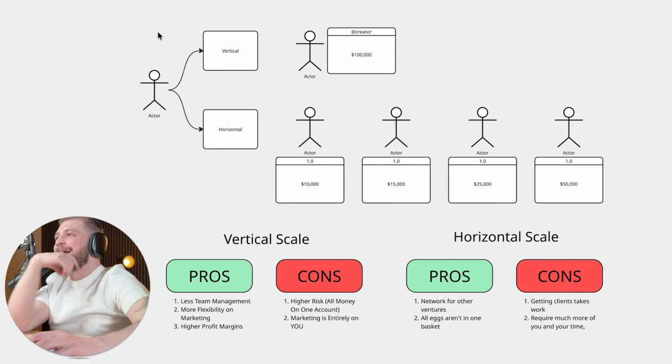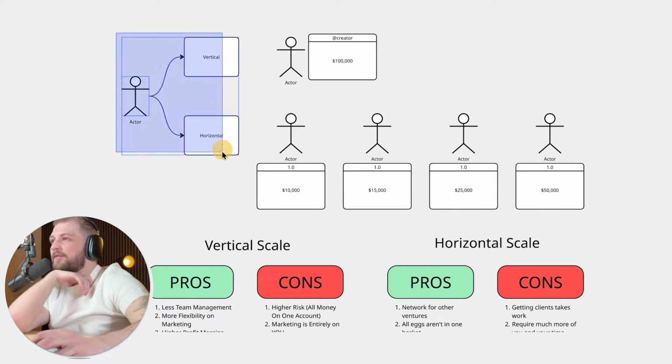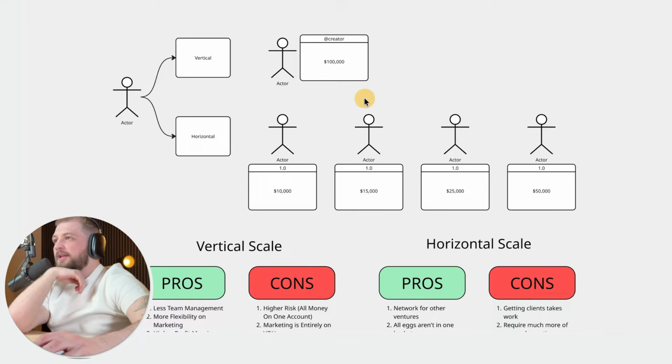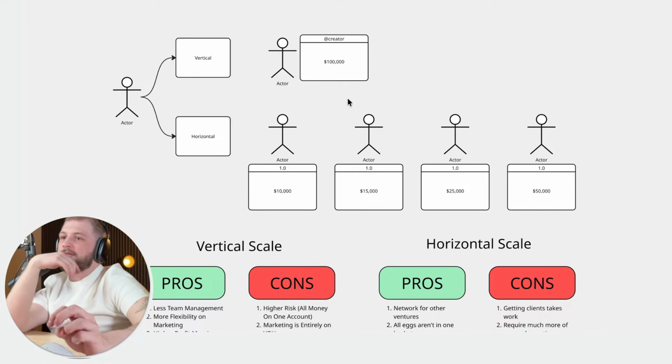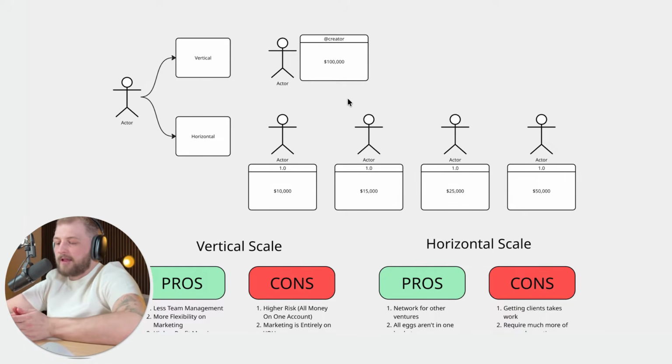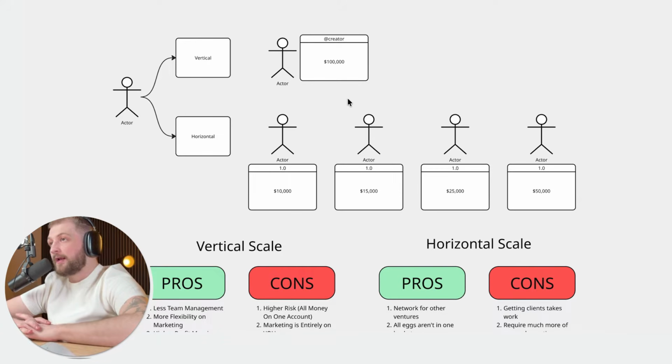OFM for Dummies. There are two ways that you can scale an OFM company, okay? You can either vertically scale. Vertically scale means you keep a very finite amount of clients, but you inject marketing acquisition and scale their revenue as high as you possibly can. This is your one and only creator, and all of your money is going to come from that creator.